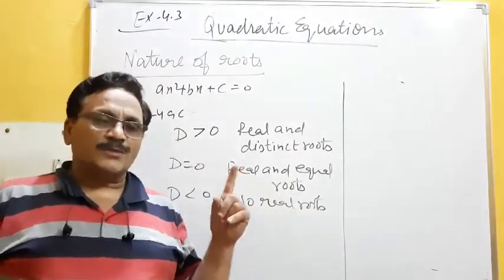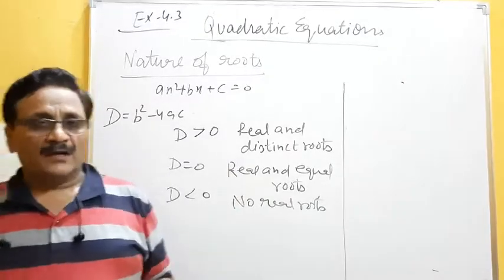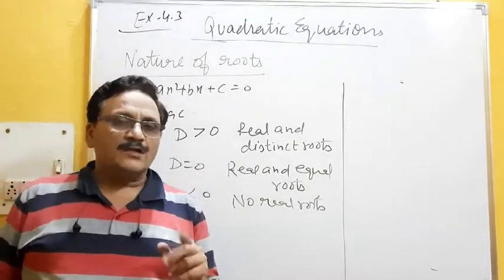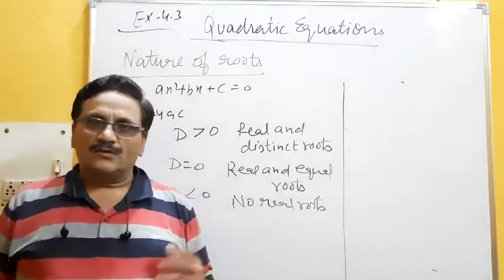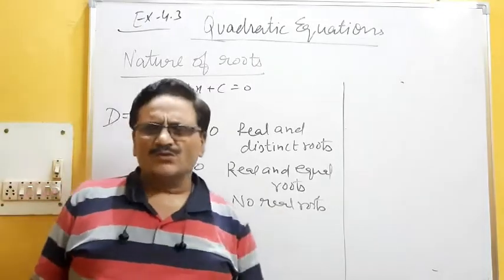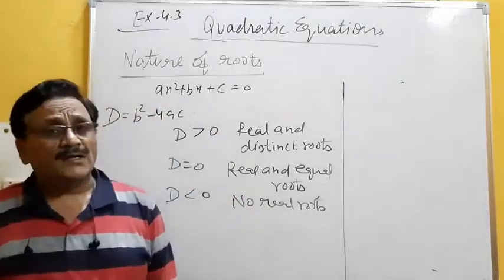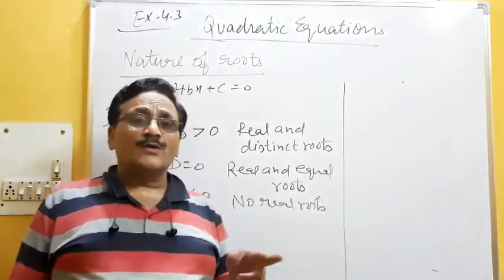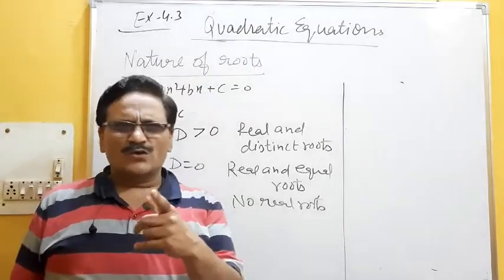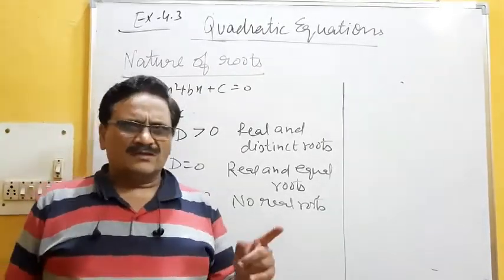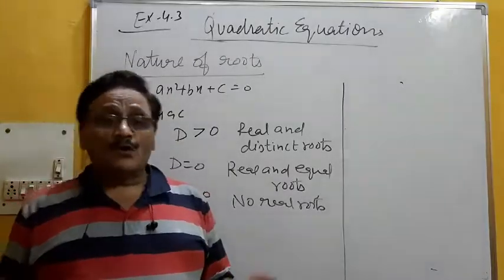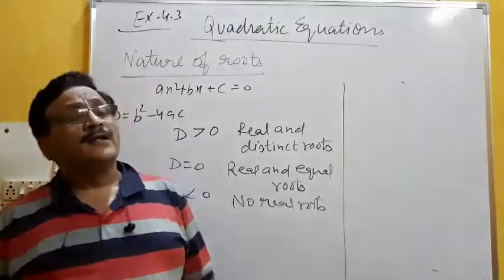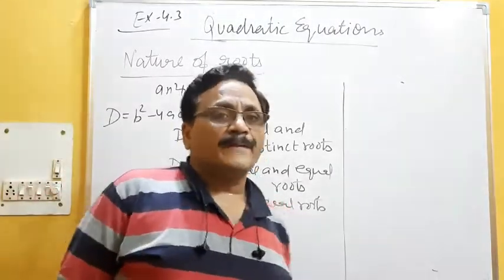You have already checked this in the last exercise. We solved two questions, the first part and the third part. In the first part, you were getting two different answers. You can check, I think it was coming 3 and 1/2, something like that. And in the third part, the question was 4x² + 4√3x + 3 = 0. In that, you were getting two same answers. I think it was √3/2, so the same. I asked you to write both answers, −√3/2 and −√3/2, but the same results were coming.